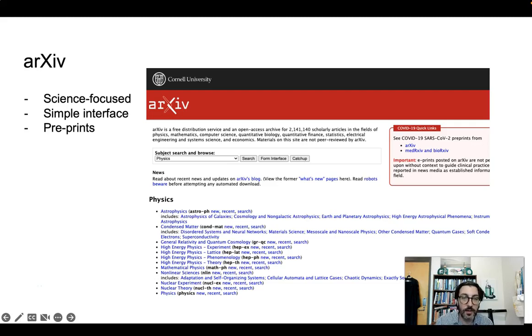Now, the downside of this is that, as arXiv mentions explicitly here, none of the articles are peer-reviewed by arXiv itself, which means that quality control can be somewhat of an issue. But if what you're interested in getting is initial feedback from the public or other scholars, arXiv is a quick way to facilitate that, and it's one that a lot of researchers, members of the media, and the public utilize.